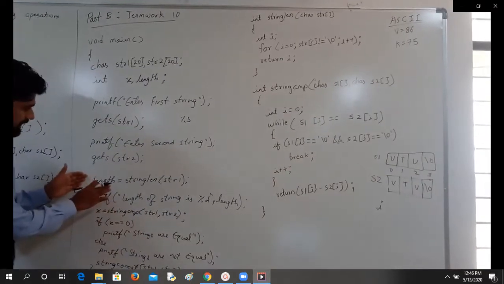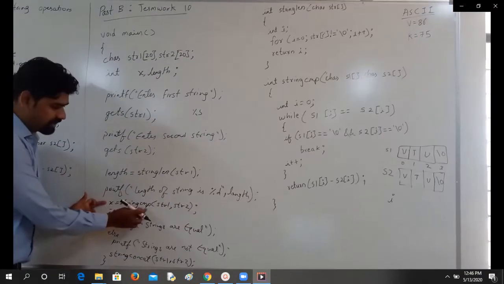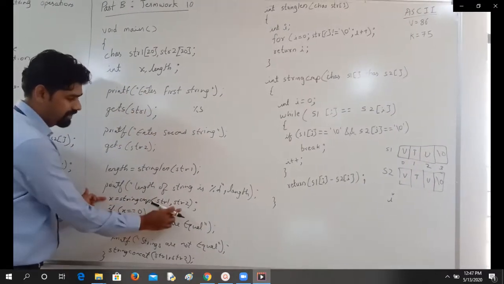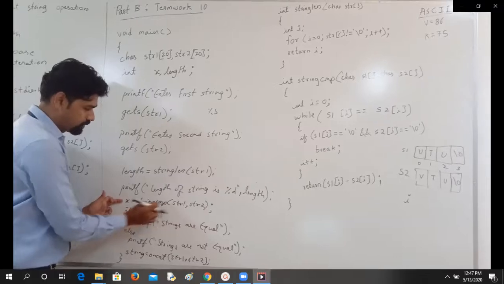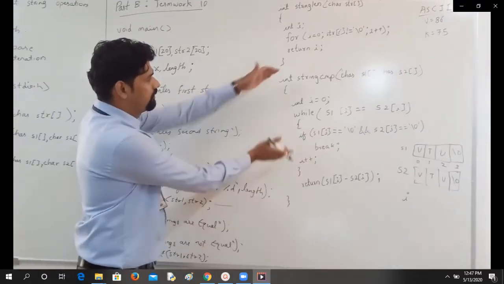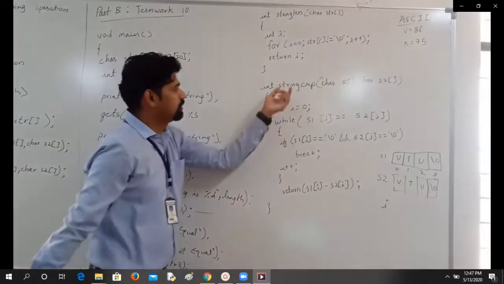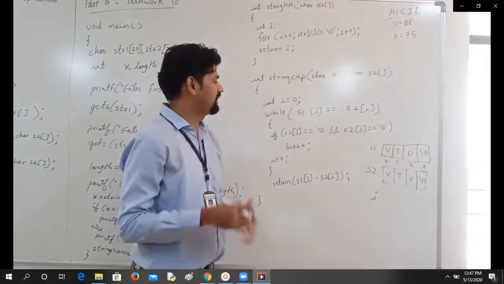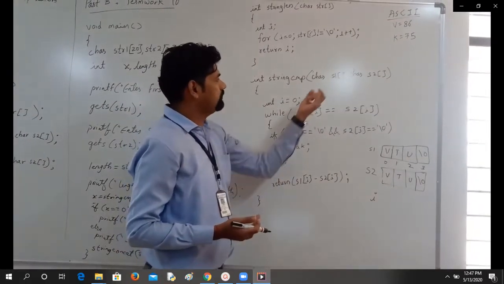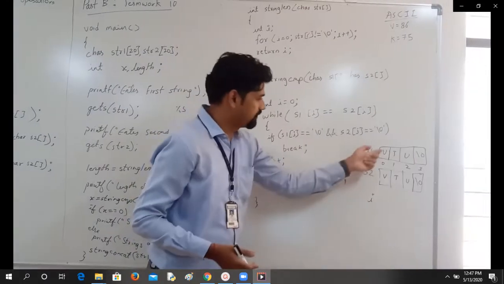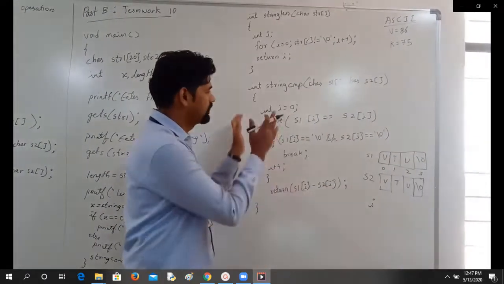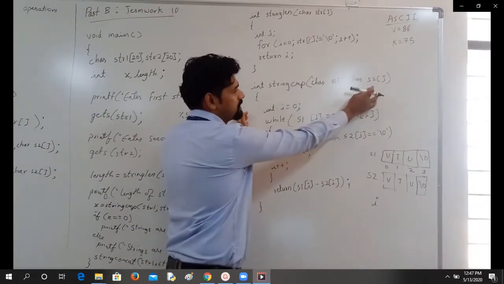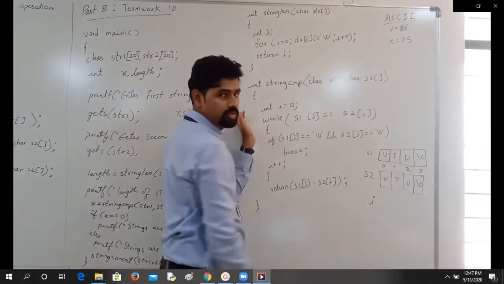So next function is string compare. So I have to compare both the strings, whatever we have read. I have to tell if they are equal or not equal. So this function call is going to take the control wherever the function is written, which is this part. So I am assuming that I have read in the main program the values of S1 and S2, that is both the strings are V2 and V2 for execution purpose. I have assumed that I have read both the values which are same, that is S1 is V2 as written over here, S2 also is V2.